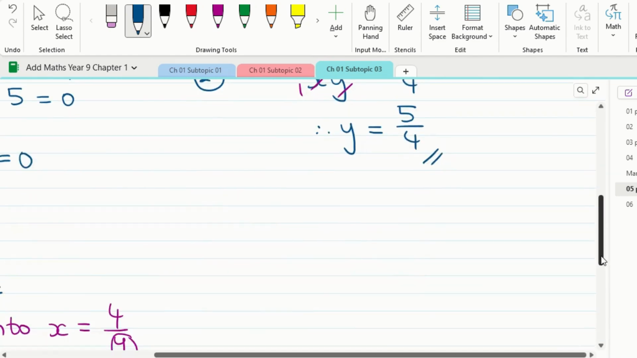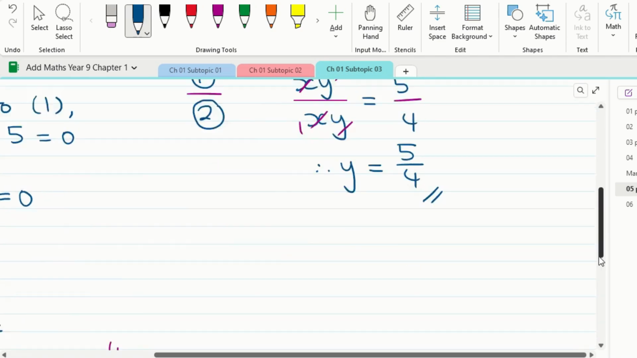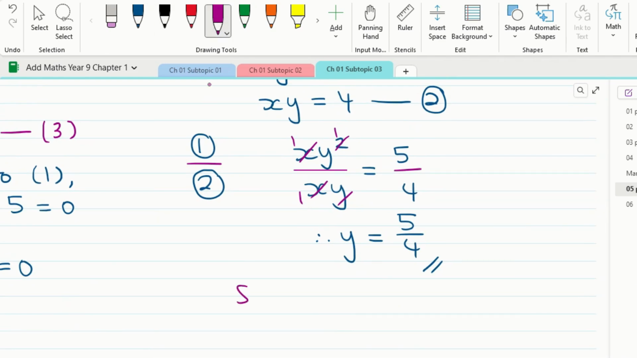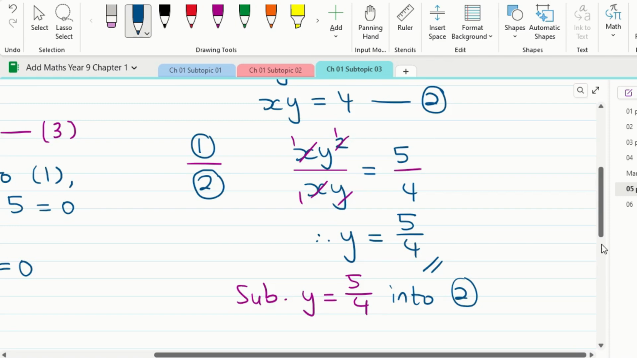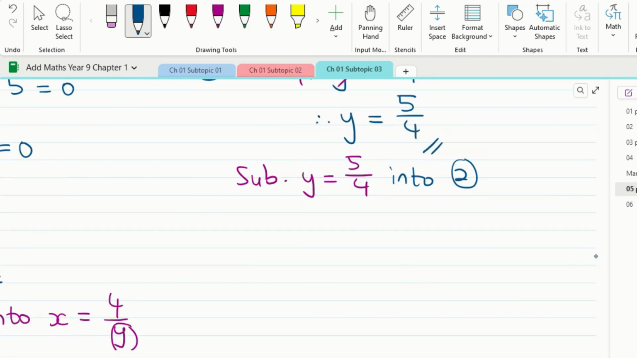But then you still have to find the second solution, which is the x value. It's just a simple substitution of y equals to 5 over 4 into any one of the equations. So here I will choose equation number 2. Substituting y equals to 5 over 4 into xy equals to 4, x times y means x times 5 over 4